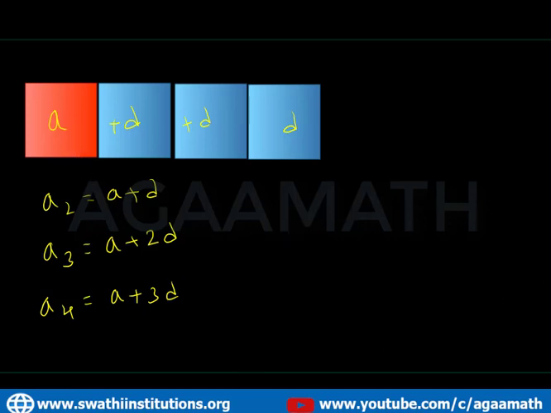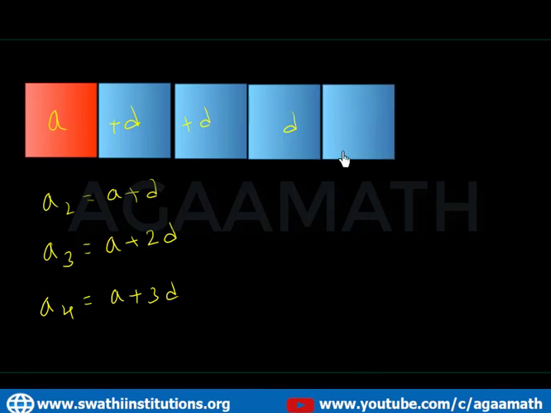Let's add one more difference, again plus D. That is A5, which is A plus D four times, so A plus 4D. Now you observe one thing. A2 is A plus D, A3 is A plus 2D, A4 is A plus 3D, A5 is A plus 4D. If you observe carefully here,